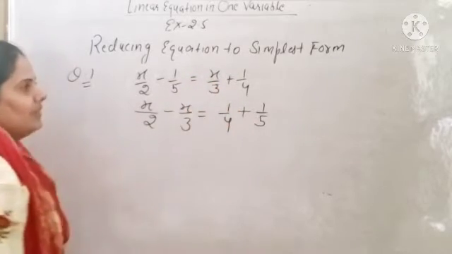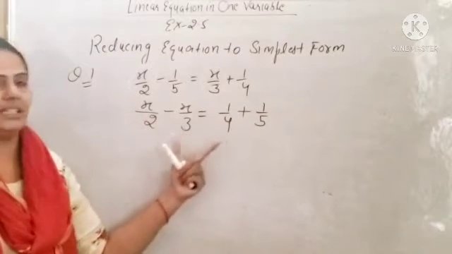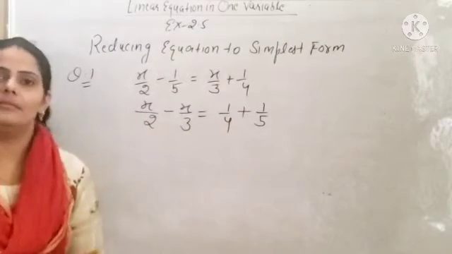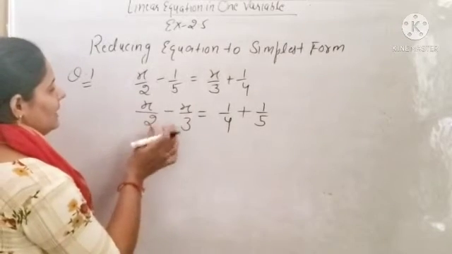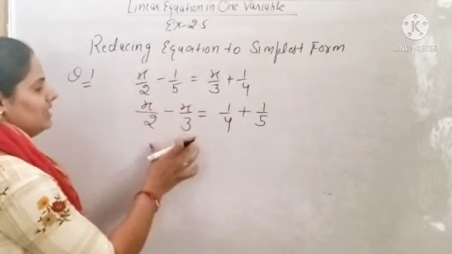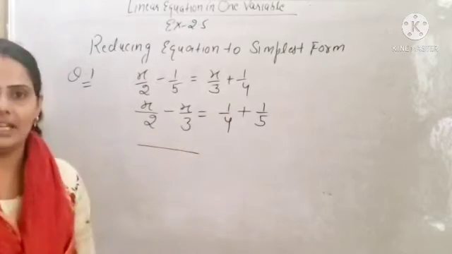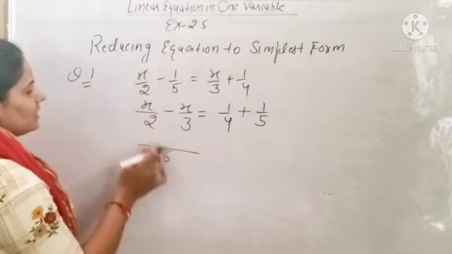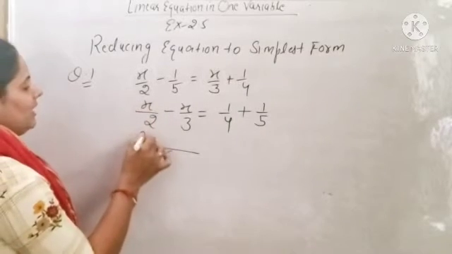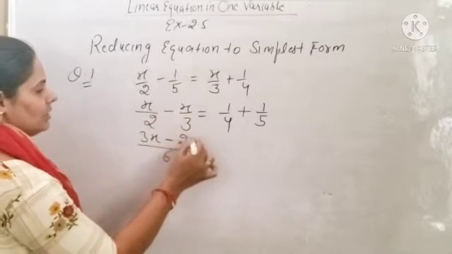Okay. So simply, first you have x by 2 minus x by 3 on one side and 1 by 4 and 1 by 5 on another side. Now you have to solve the equations. Simply, so beta, here x by 2 minus x by 3. In denominator, numerator upon denominator is given. So what will you do? You will take the LCM of the numbers. So 2 and 3, what will be the LCM? 6. So 6 divided by 2 is 3, 3 into x, you will get 3x. 6 divided by 3 is 2, 2 into x, you will get 2x.